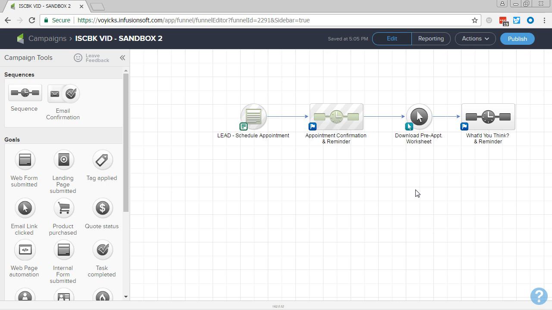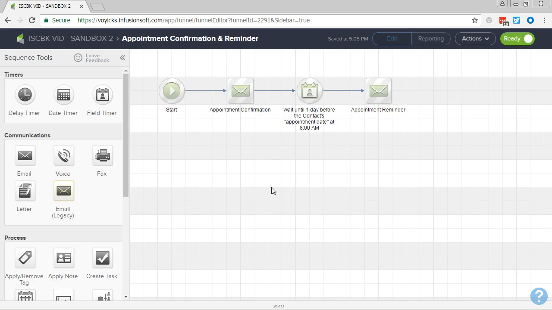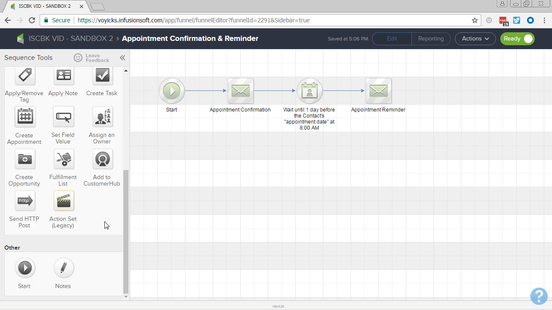Now this is actually where voice broadcasts can come in handy. These can definitely help with appointment stick rates if they're used strategically. They can also be a very handy reminder when someone needs to bring certain items to a meeting. So for example, on our appointment confirmation here, we can also go ahead and